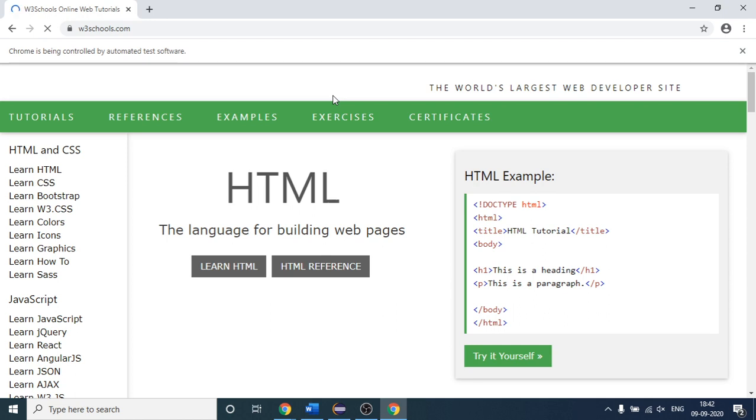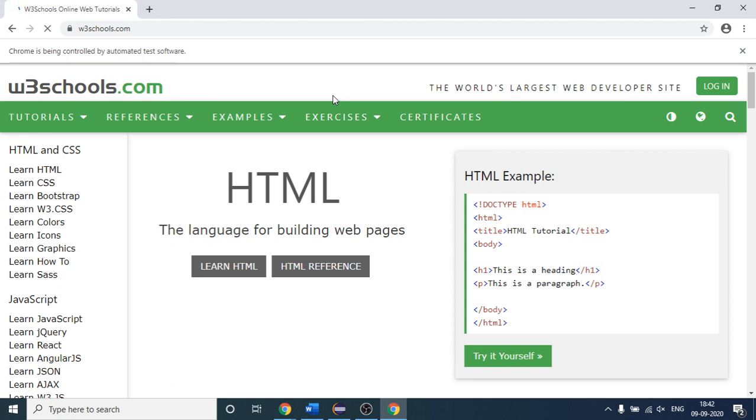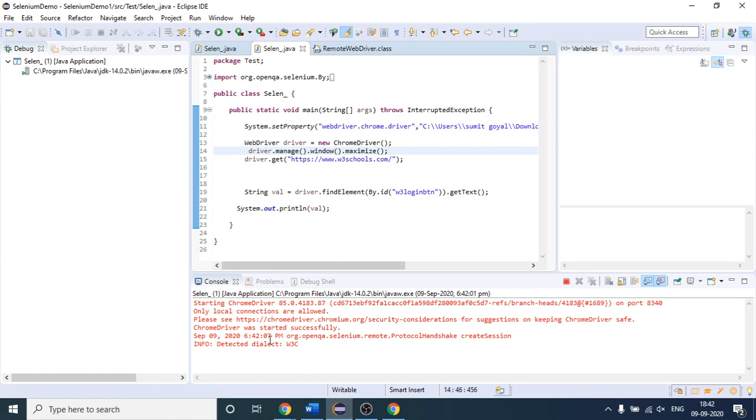Okay, after that you will see the site is loaded, and after that you will see this text, login, in your output. See, the site is still loaded, meaning our test case has not finished the execution. So you can see it is still running, right?